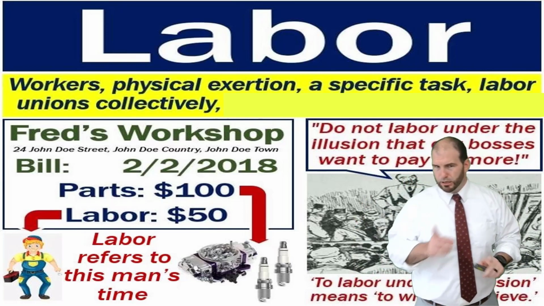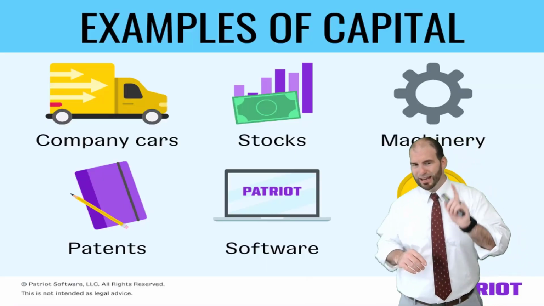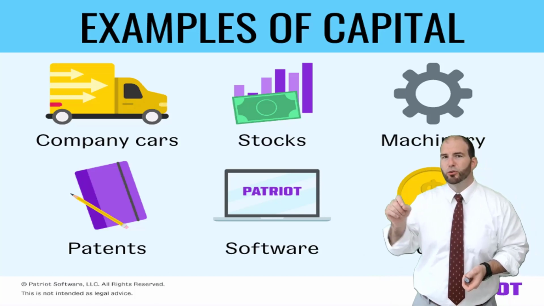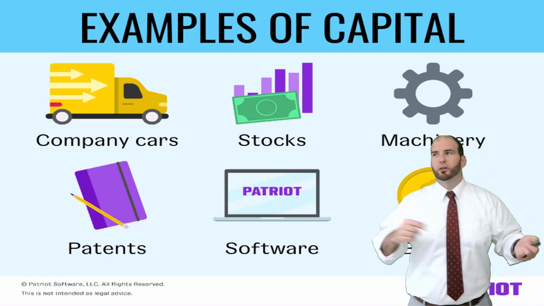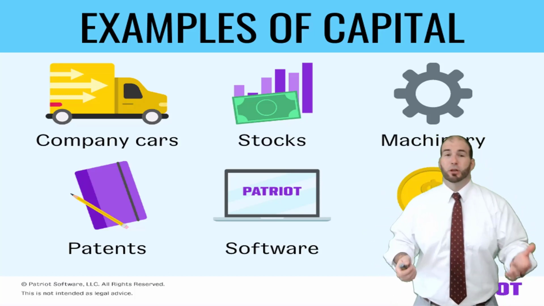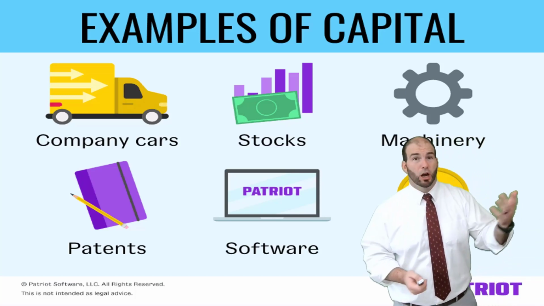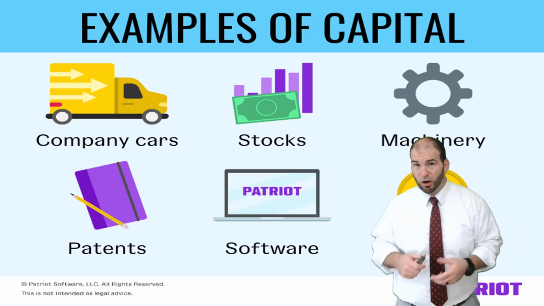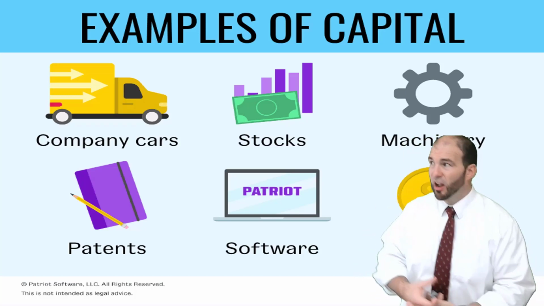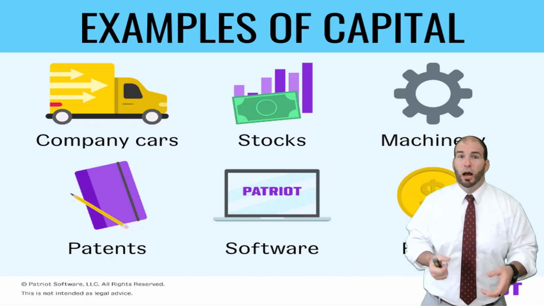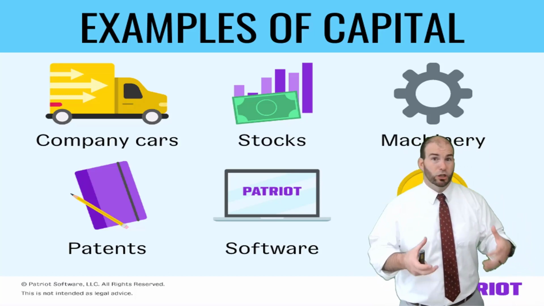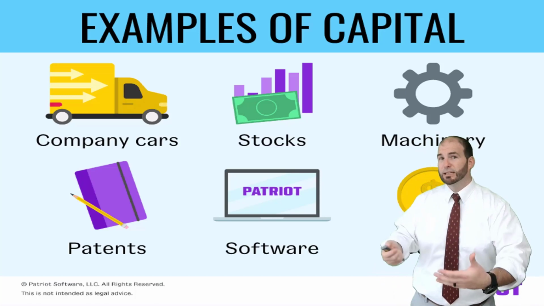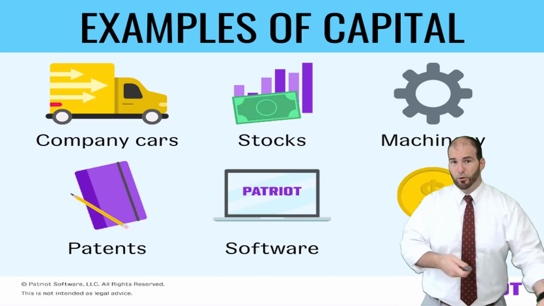Another word not to be confused with labor is capital. Capital is stuff used to make money. Like Amazon, who delivers stuff everywhere: their company vehicles would be capital. Without those vehicles, or without anybody to deliver their stuff, they couldn't stay in business. So while the capital usually costs money, in this case Amazon and their cars, it is a necessary thing in order to keep their business model up and running.